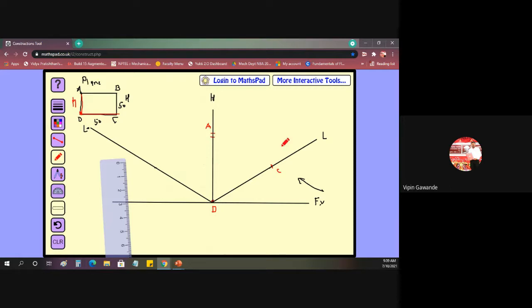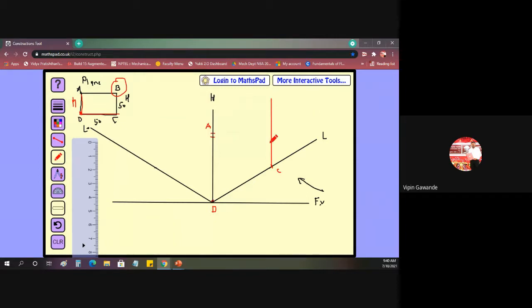Now these are on the isometric axis. Now what you have to do is take your roller scale. In all engineering drawings you have to use the roller scale. Take AD as a reference and then roll it, then draw a vertical line from C. We have to find out the B point now. How to find the B point?